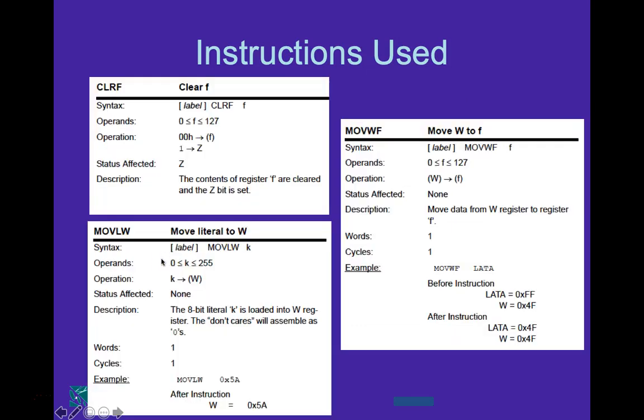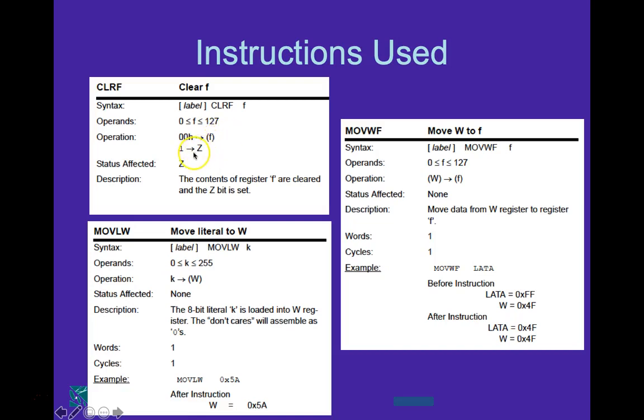Now I'm going to quickly show you the instruction sets which we have used, and you can find them also in the data sheet. So we used clearf, and this is how it shows in the data sheet. It has this syntax. You have some label and then clearf F. This file register you have from 0 to 127. This represents your range. And then F is your data, saved in operation in hexadecimal, into the file register, which means 00 hexadecimal is sent to the file register, and the file register will have